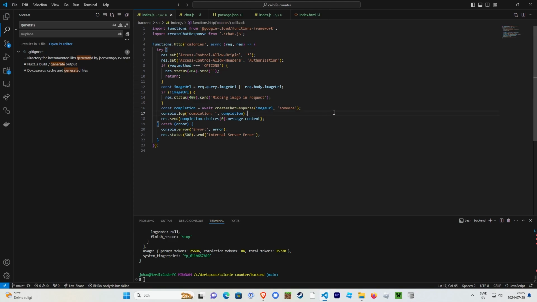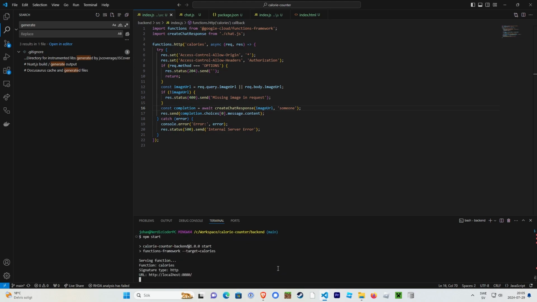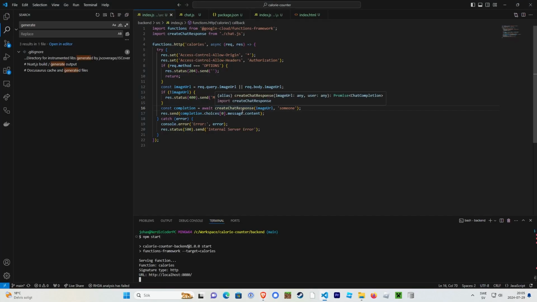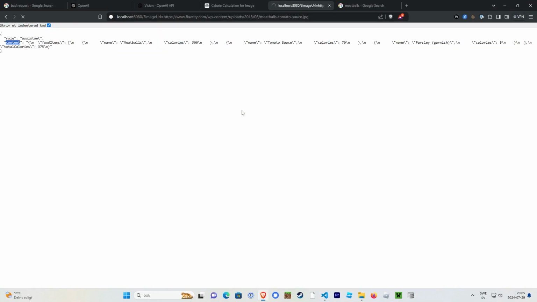Yeah, we can remove the console log and start again. See how it looks. Loading,